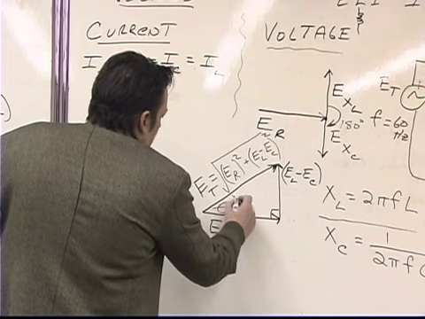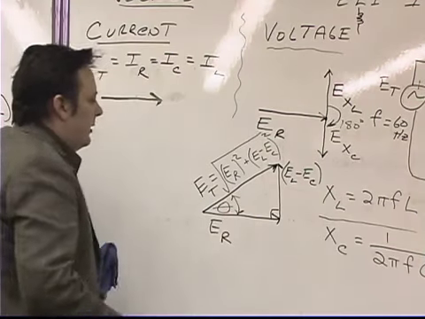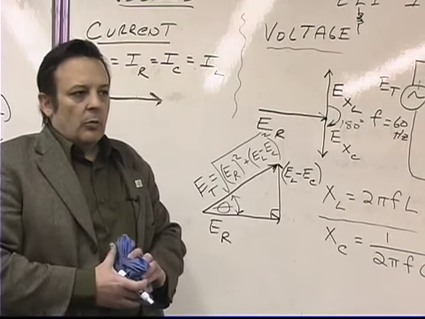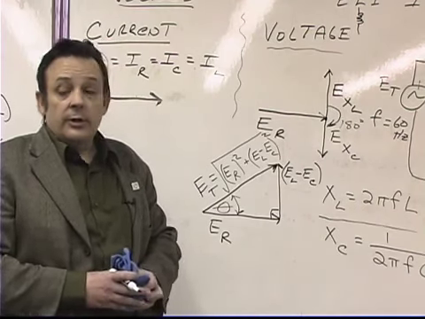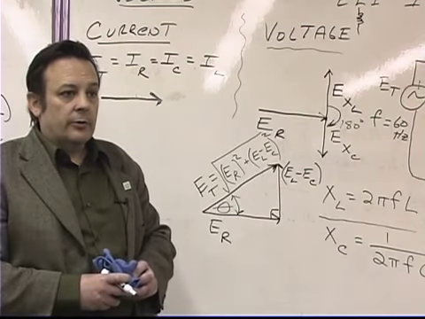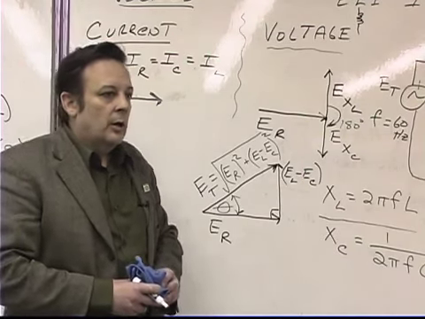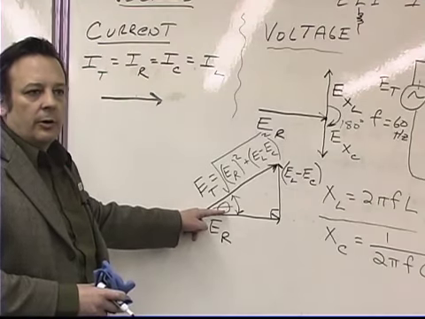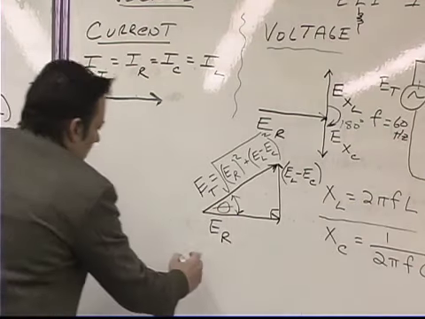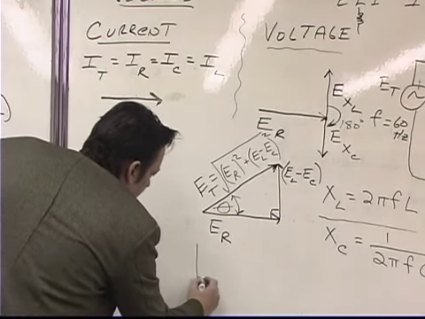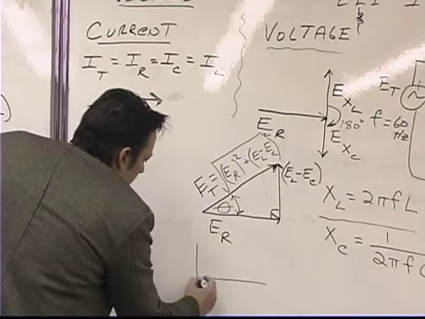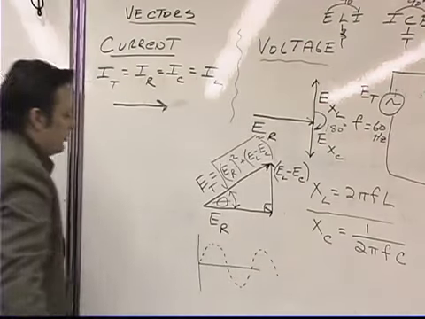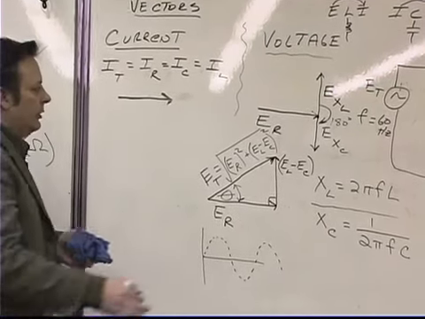Now, this angle right here, which we call theta, represents what? Well, it turns out that it can be used to calculate what we call the power factor of the circuit, which we'll talk about in a minute. But what it actually represents is something that we see on the oscilloscope. In other words, if we were to draw a diagram of what we see on the oscilloscope, then if this dotted line here was the voltage across the source,